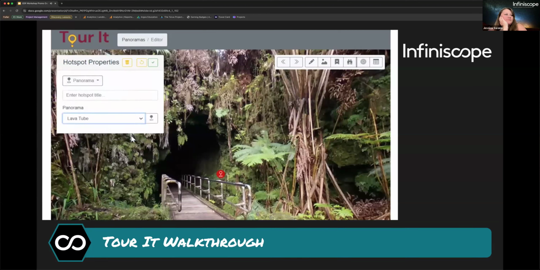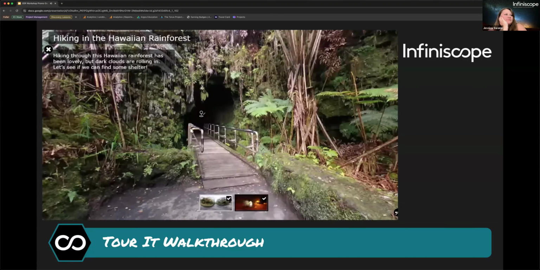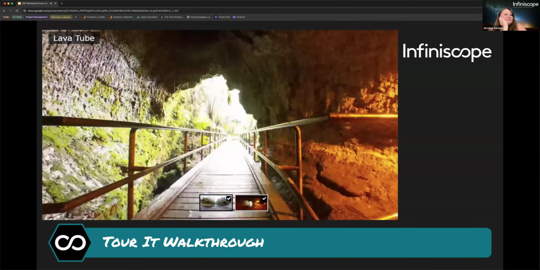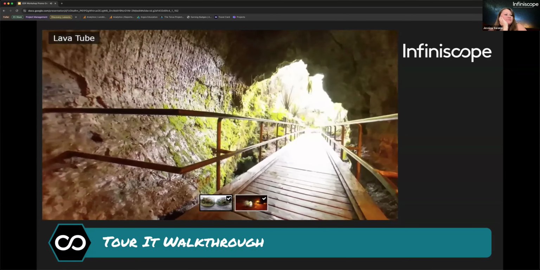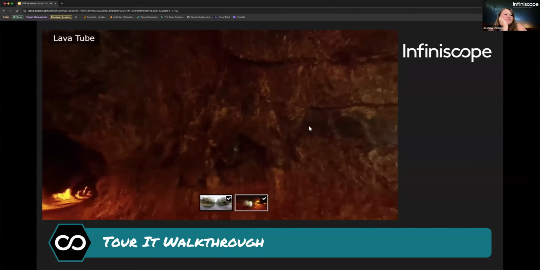For the first hotspot, let's connect this pano to a second one. You can then rename the pano and move the hotspot. At any point, you can preview your project by clicking on the binoculars icon to preview the project in the browser window. Though there are thumbnails to access panos at the bottom, the hotspots can guide viewers in a non-linear way as well. To go back to the editor, close the tab when finished previewing, as was done here off screen.